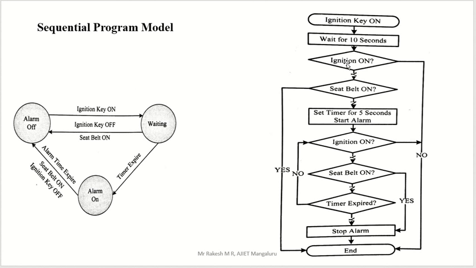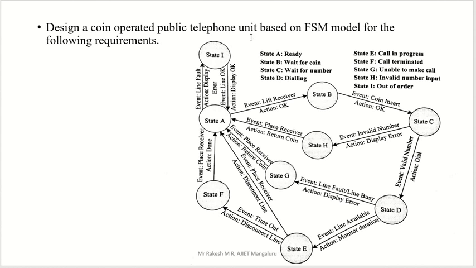That is the sequential program model. This is the FSM model, actually not this, this is a state model, just for understanding purposes. FSM model means we have actions and events, and this other one, the sequential program model, is called a flow chart. So till now we discussed some of the programming models like the sequential program model, and previously we had some state machines, finite state machine examples.